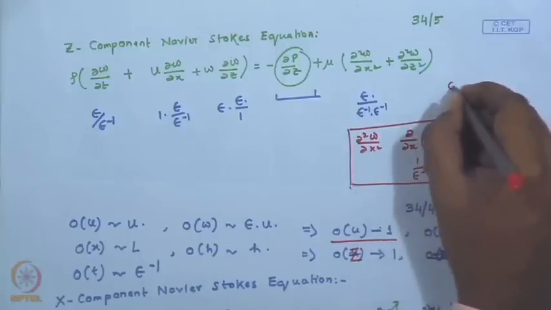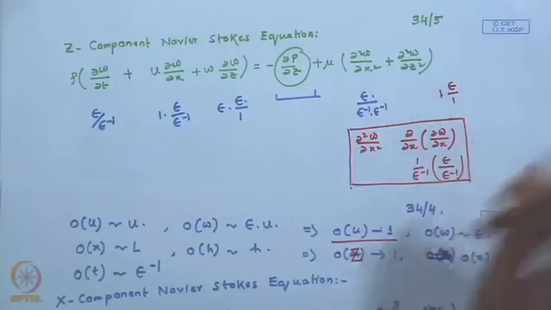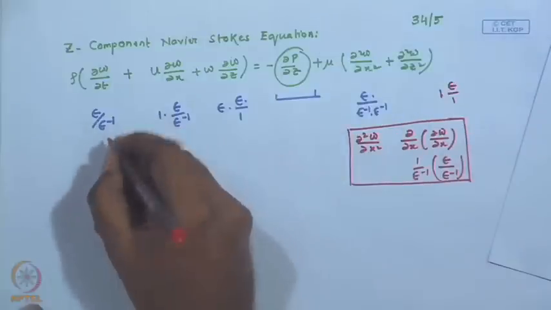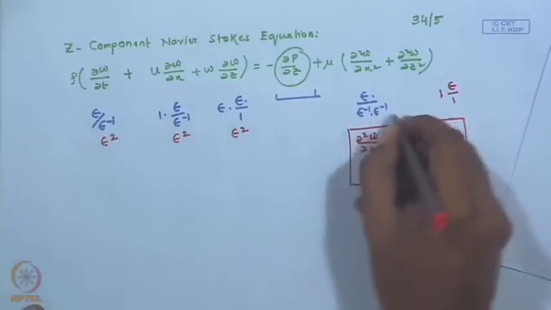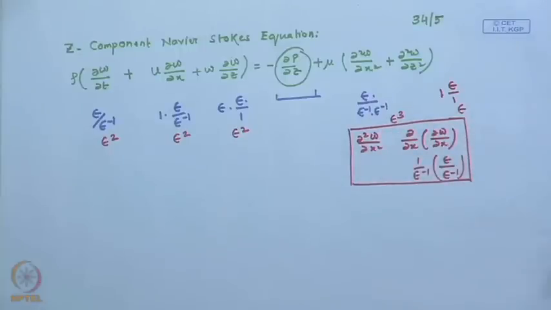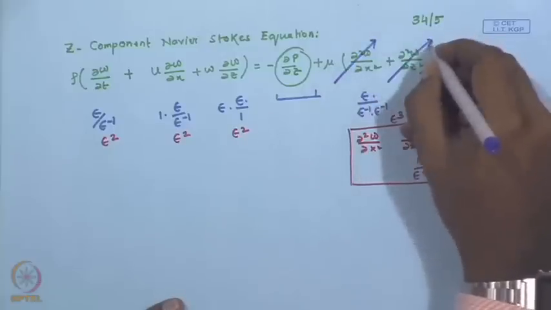W is of the order epsilon, z is of the order 1, so 1 into 1. So, overall what we find is that this has an order of epsilon square, epsilon cube, and this is epsilon. So, all the terms sort of are insignificant,